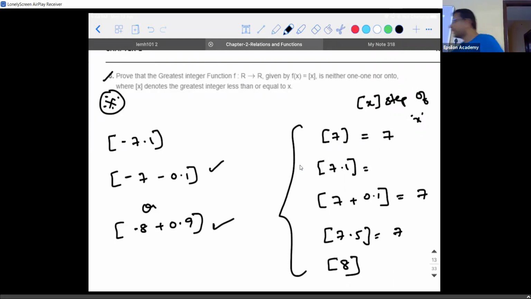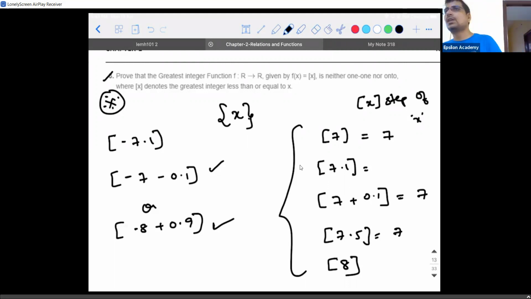When you split and write an integer with a fraction, with a decimal value, you are writing the first part. What is the first part? It is an integer. Minus 7 is an integer. 0.1 is called the fractional part of x. It is not in your syllabus. They write it like this, within a bracket, which is called the fractional part of x. Please make a note if you want.